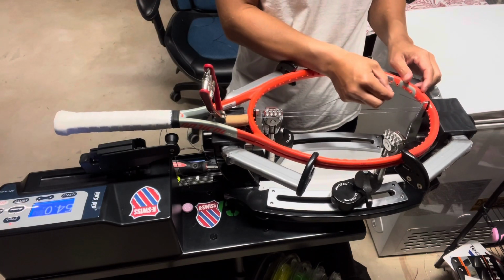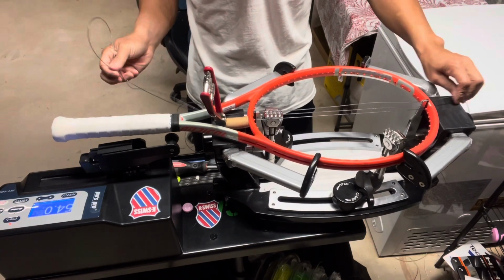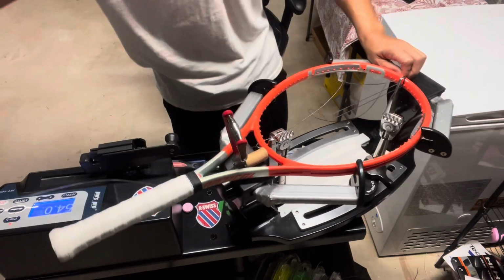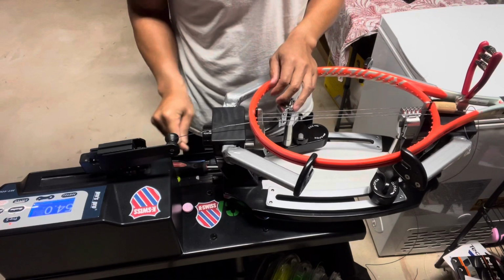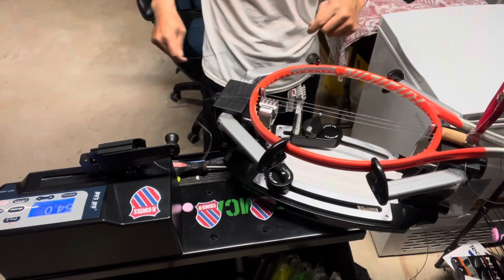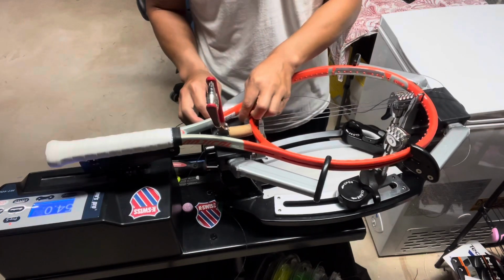My clamps are properly adjusted, so the string itself isn't skipping because it was too loose. Coming up here, you can hear that as soon as I pull the tension and go to release it, you'll hear the skipping sound. I'll play it again for you. There was a little jump that happens out of this clamp. I couldn't quite tell if it was slipping just a little bit or